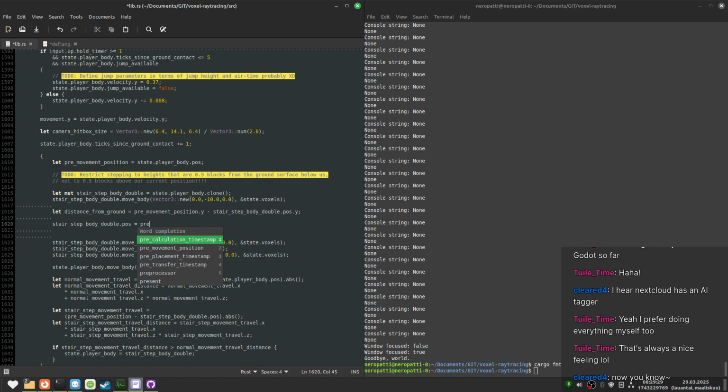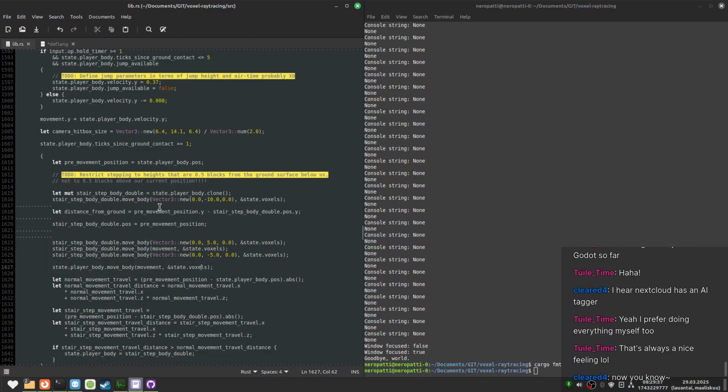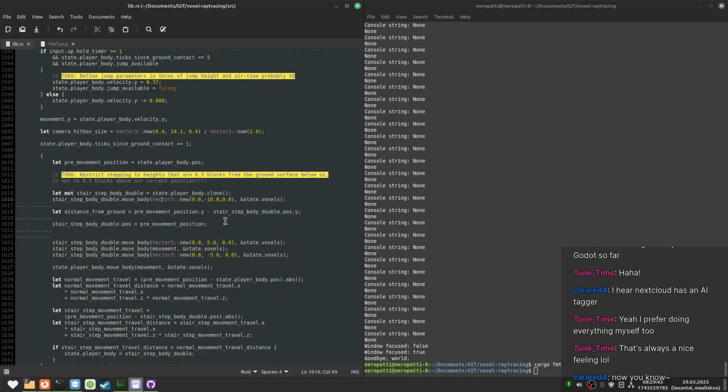Actually, we want to do pre-movement position. This is just for getting the distance to the ground. I should probably honestly do this with the main body instead. Yes, I should do it before going into this thing at all. But it's whatever, I'll make it better later. I just want to get it working.